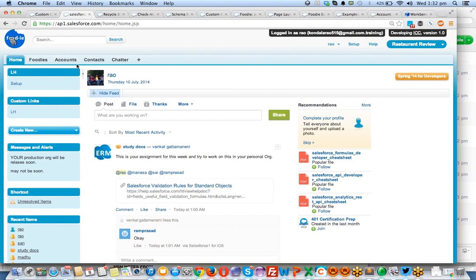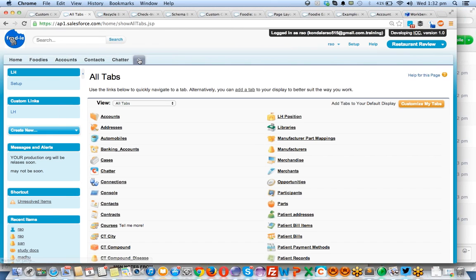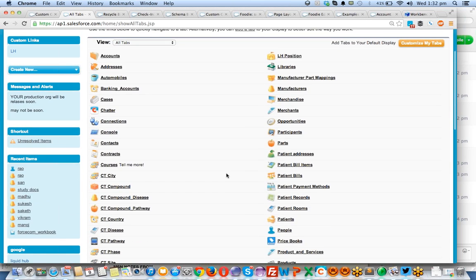Now I can see. Kondal Rao has given access, saying he is the end user for me. He said that he doesn't see the restaurant tab and check-in tab. He raised the case with me. I said, please give access to me. He gave access to me, and I'm going to check the application. I click on the plus sign. I'm going to see the issue now.